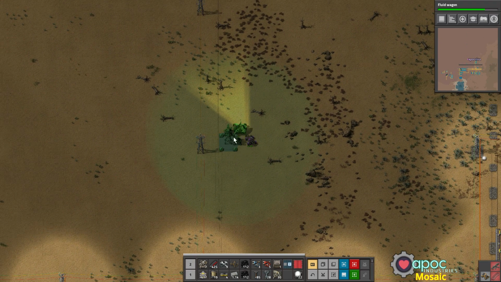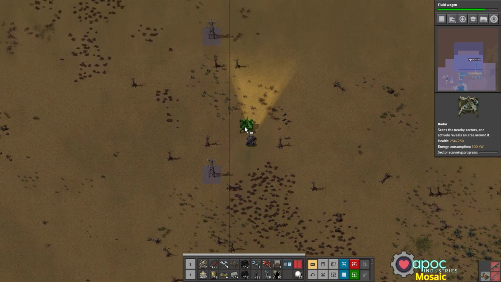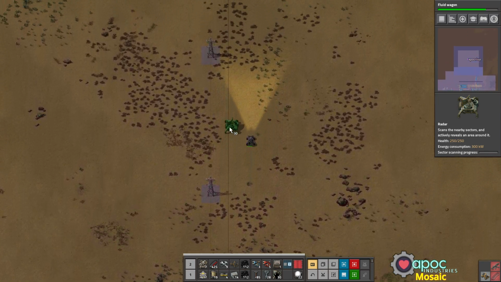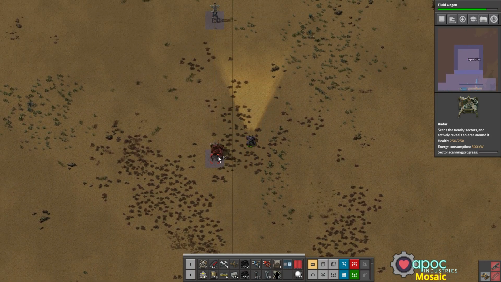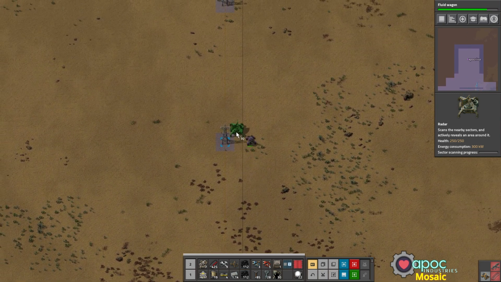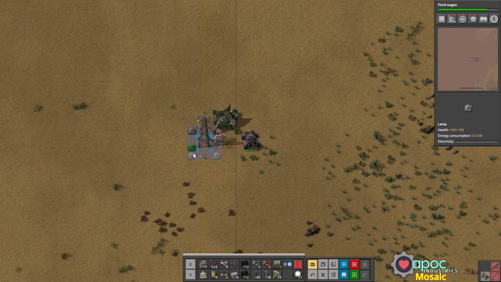If I paste that, will it actually... No, okay. And then we basically just drive up until we reach the next chunk. I'm looking at the mini-map right now, so you can see if I put the radar here, it's going to overlap. So if I put the radar here, it is not. And then we're just going to